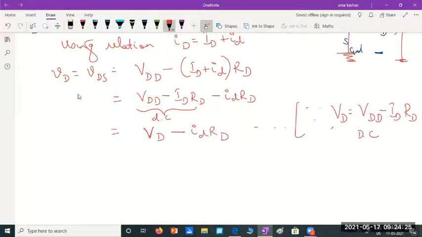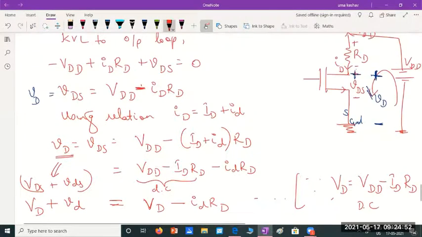And what can I write the left hand side as? Left hand side represents a total value. Let me consider this VD to be the sum of DC plus AC. See, if you want, here you can write it as VDS plus vds also. Either one you can use. I told you in this case, VD and VDS are one and the same. Since I'm considering output voltage, it is nothing but your drain voltage. The voltage between drain and ground is normally considered as output voltage. That's why I'm interested in writing it as VD.